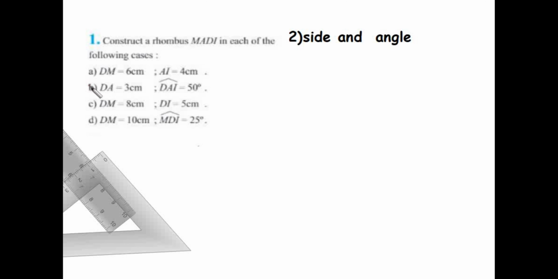So next, in part B, we have DA equals 3 centimeter and DAI equals 50 degree, in which they are a side and an angle. How do I know that it's a side and an angle? I draw a draft. So I go to the drafts and draw a draft of a rhombus. Okay, and we name it as they have asked us. So MADI,